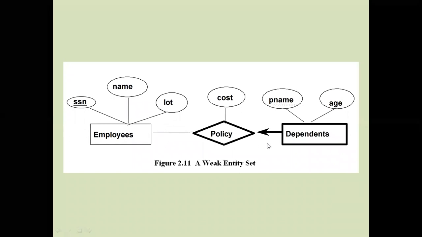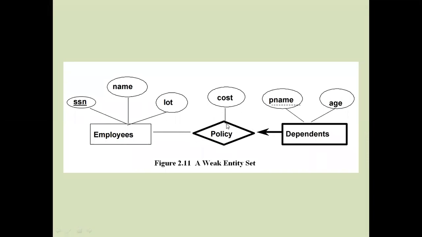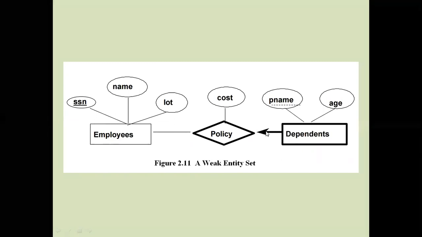At that time, we represent the relationship like this. Whether you represent it with a double rectangle or a thick rectangle, both are the same, but it is better to represent the double rectangle and double diamond symbol here. And this is the double rectangle. And this one is total participation, which is nothing but double lines, and representing the arrow also.